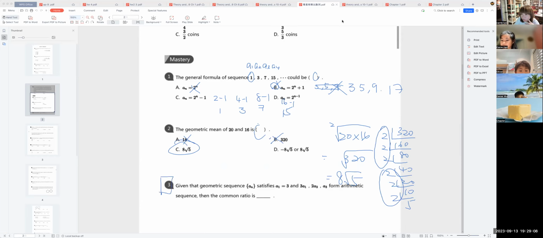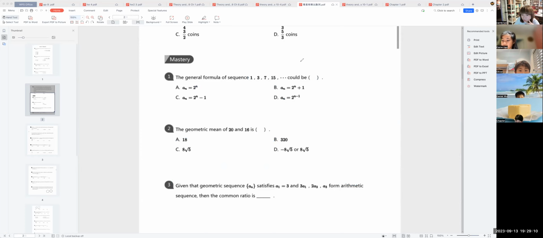But let's take a look at number 3. Number 3 is a little bit hard. Given that the geometric sequence an satisfies A1 equals 3, and 3A1, 2A2, and A3 form an arithmetic sequence, then the common ratio is, okay. 看起来有点难，对不对？